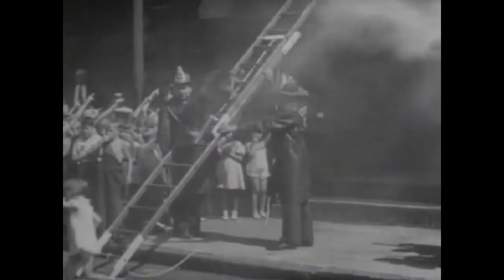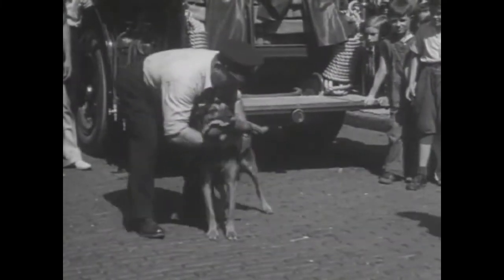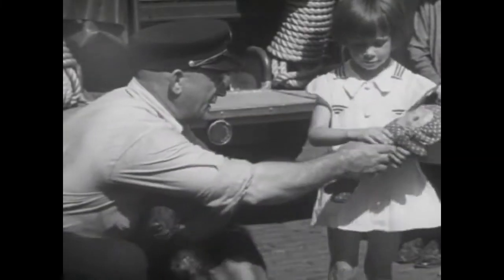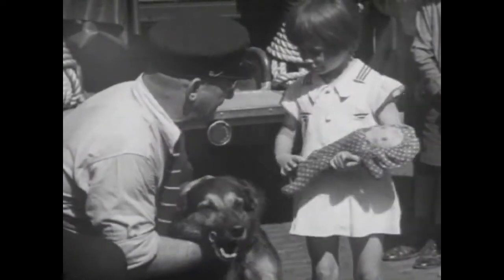Good going. You're a real fireman, Chief. So the little girl gets back her dolly. Nice doggy. And for bravery under fire and smoke, the boys are voting him a raise. Two bones a day and a snappy new...